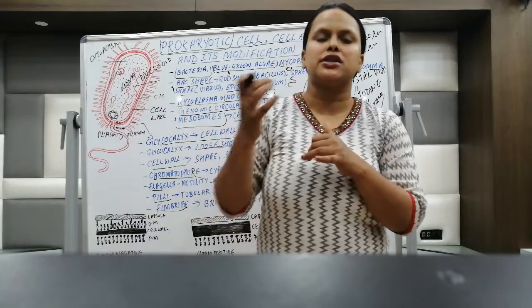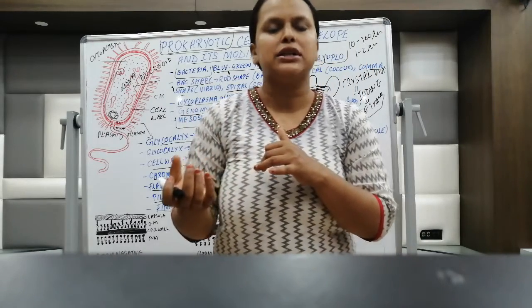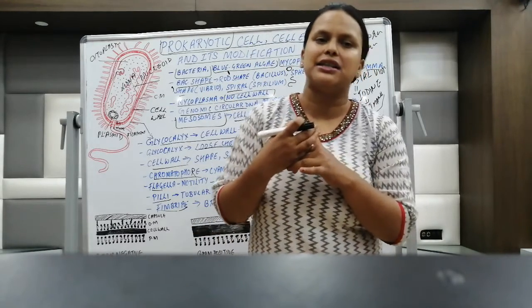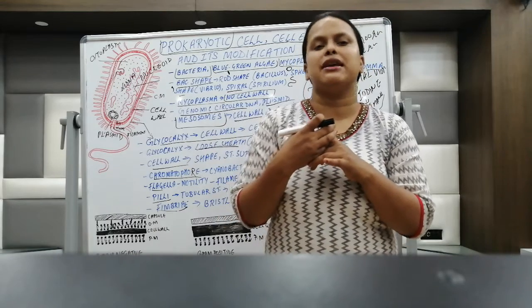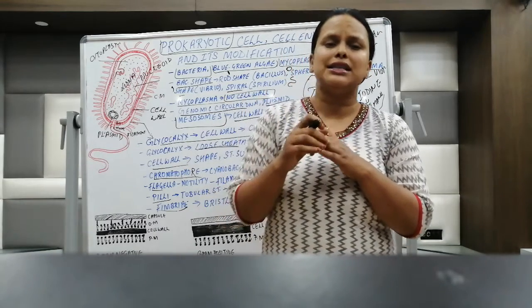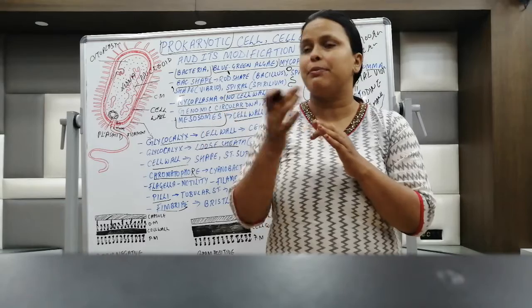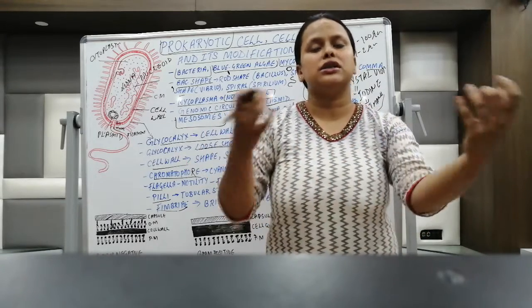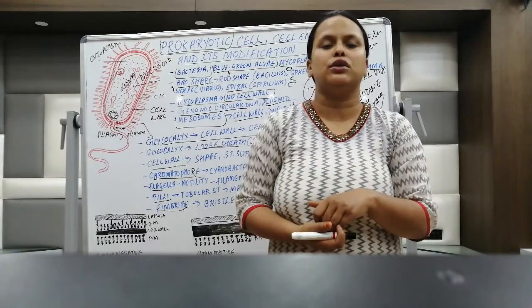If they take the crystal violet color, they are gram positive. If they take safranin, they are gram negative. Christian Gram gave this theory. Third is the cell membrane. The cell membrane is semi-permeable in nature. It allows certain materials inside the cell and doesn't allow others.